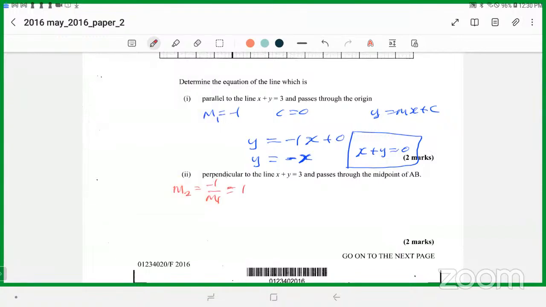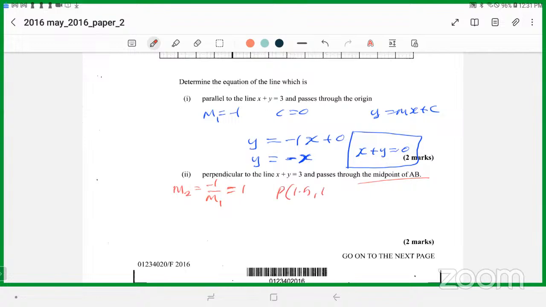Sometimes when the question is easy, it's harder to show working because it's so easy. It's almost like you're complicating it if you try to do calculation on a question that doesn't need any calculation. Believe me. So the gradient of that line is 1. Now it passes through the midpoint of AB, so it passes through the point, let's call that point P,